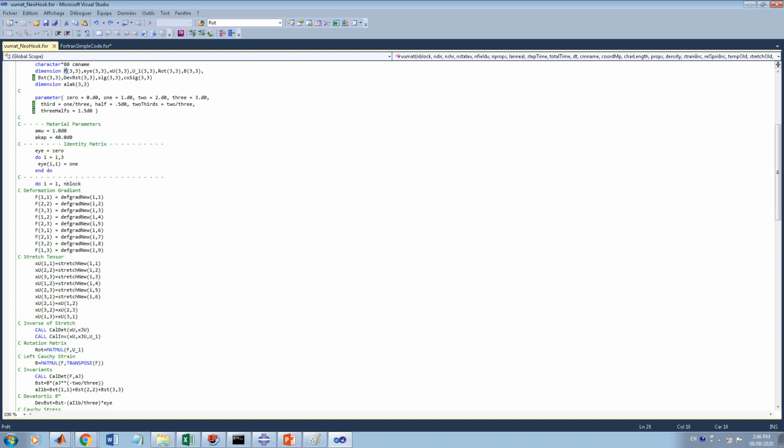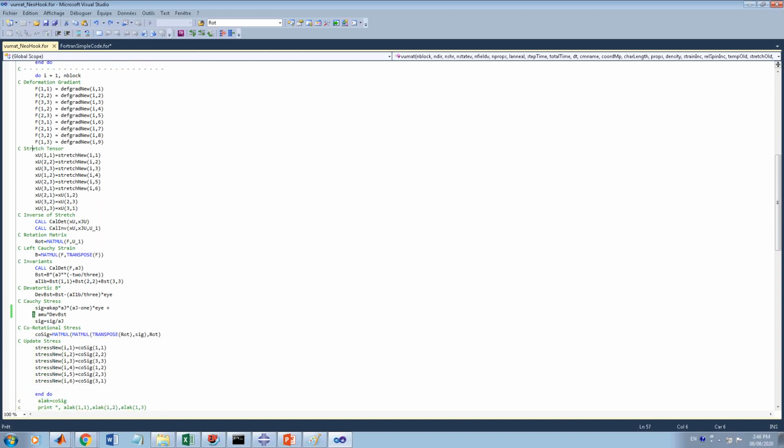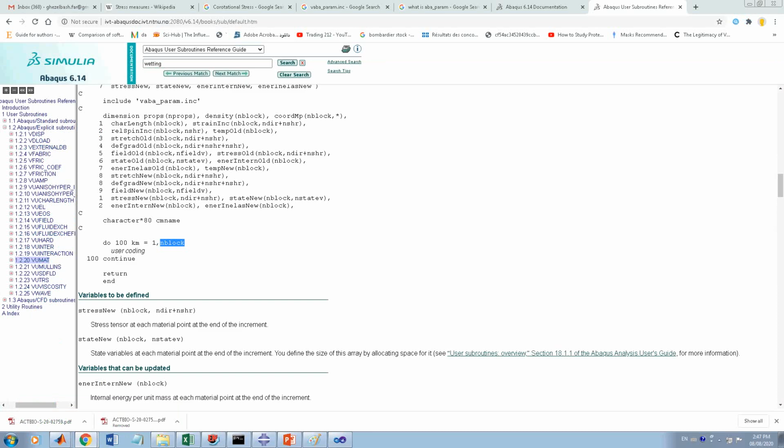I have defined the dimension of it here, and the next one is the stretch tensor, which is U. I have defined it XU here. I don't know why, but I defined it XU. The stretch tensor is given by Abaqus, so I'm just restructuring it. In the I column, I go to the one, and if you want to know which element corresponds to which tensorial element, because this is vectorial form, you can go and look